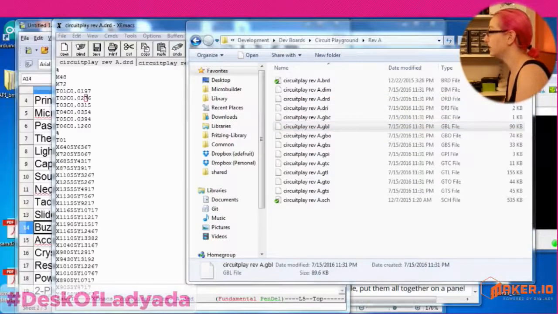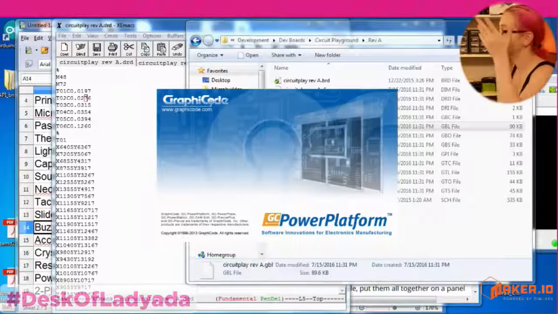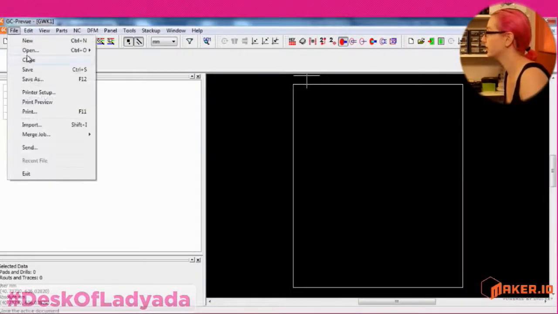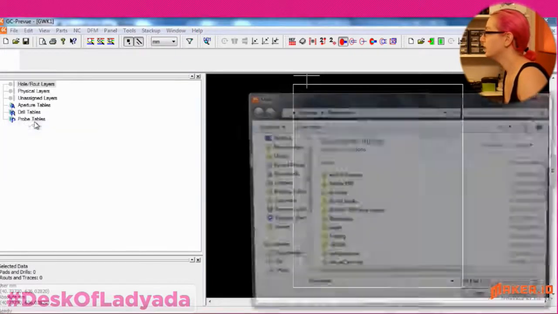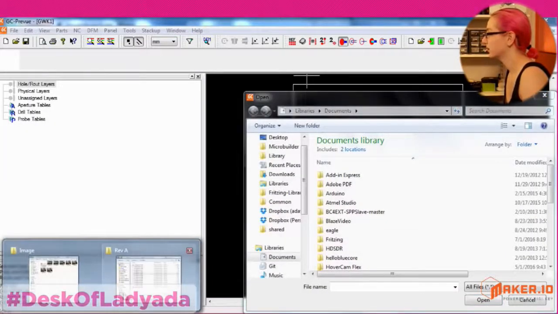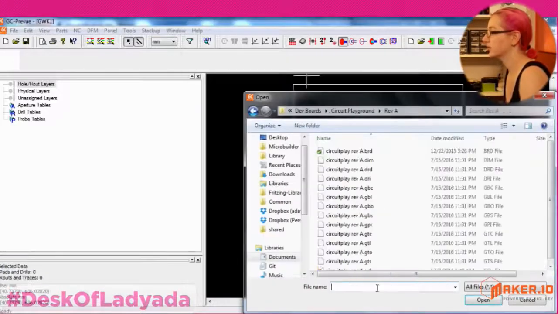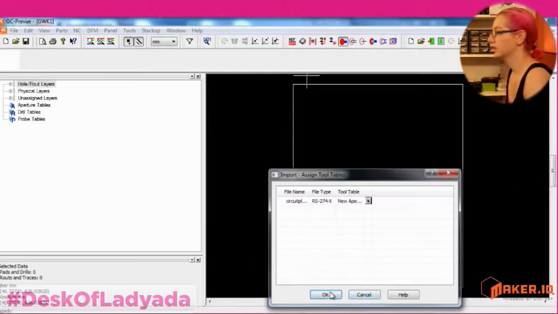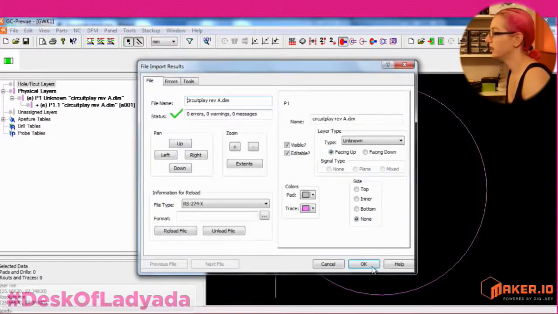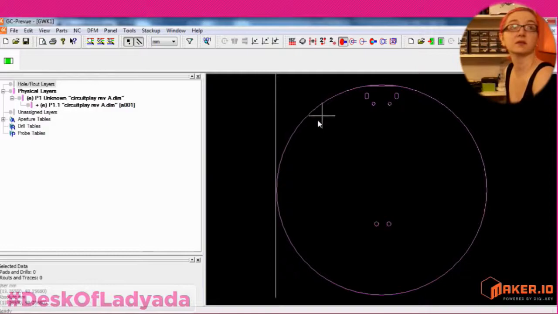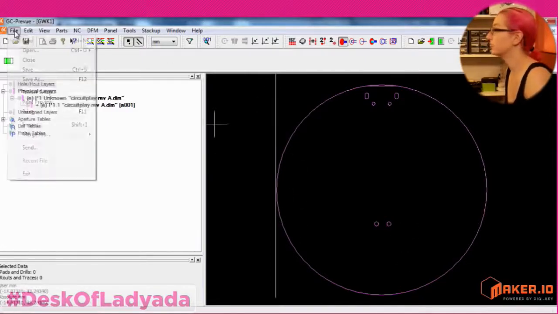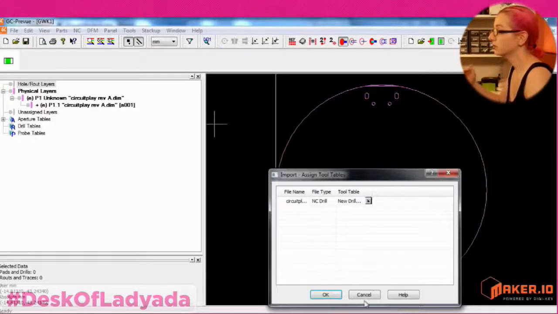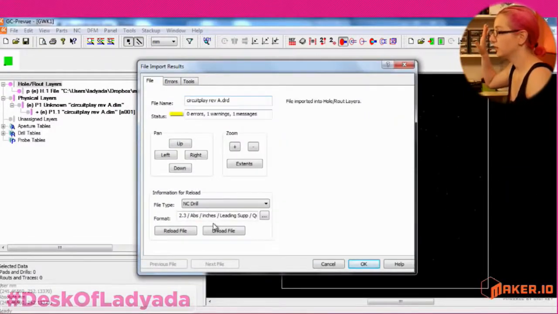I use GC Preview. There are hundreds of free Gerber viewers. You can pay for them. And then you can import the Gerber files. So let me go to this location. Let's import the dimension file first. It'll say, I found this dimension file, and tell you what color, and you can see this is the dimension file. Okay. So this is just that. What I suggest is you import every file in order as it would be layered up, because that will help you